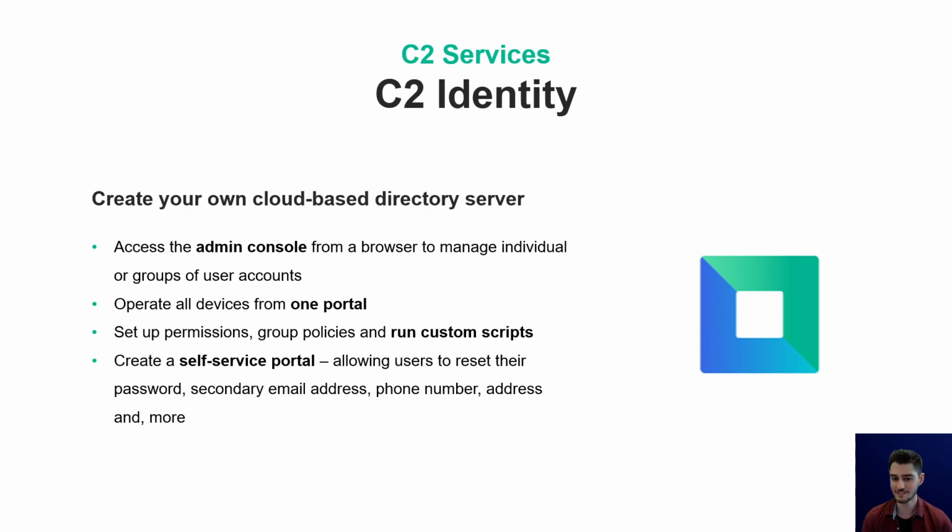So with C2 Identity, businesses can easily control which users have access to specific resources and ensure that only authorized users can access them. It includes features such as single sign-on, multi-factor authentication, and user provisioning, and can be used to manage access to a wide range of resources, including on-premises and cloud-based applications. C2 Identity provides a centralized management of user access and authentication to improve security and compliance, and streamlines user access to resources to improve productivity and